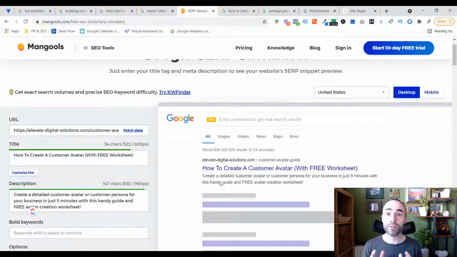If you can get everything into that character limit and that pixel limit, even better. You can even put in your website URL here and it will pull the title tag and meta description from an existing page. Or if you're starting from scratch, you can literally just type it into the page titles. So you'll see here as an example, if we were to type in